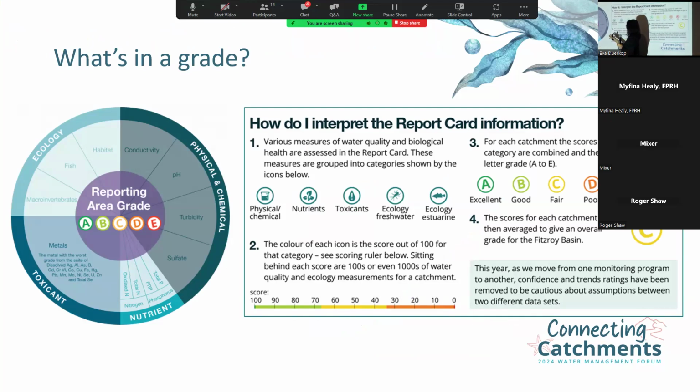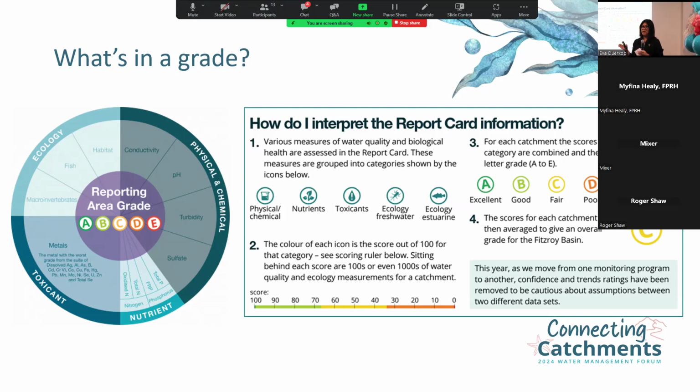contributors to the report card, to the grade. We have the physical and the chemical, and we'll see some of that consisting of the pH, turbidity, sulfite. I won't go into the detail because this is all online, and you can actually see what makes up the grade. We have nutrients, we have the toxicants, and we have ecology. Last year was when we first introduced two. We did fish and we did habitat last year,